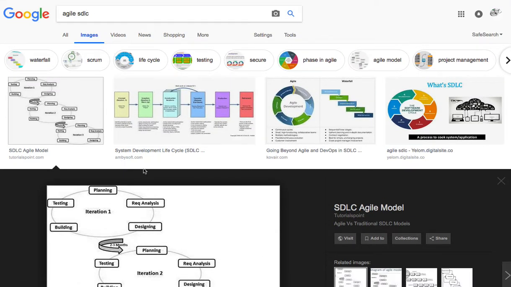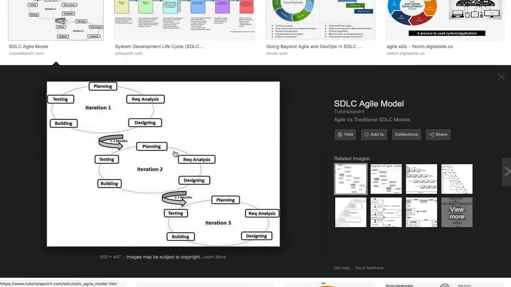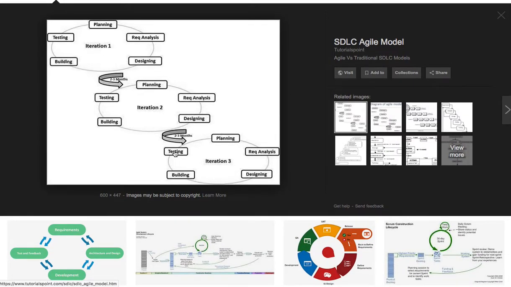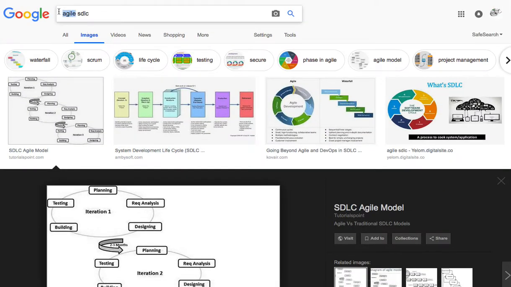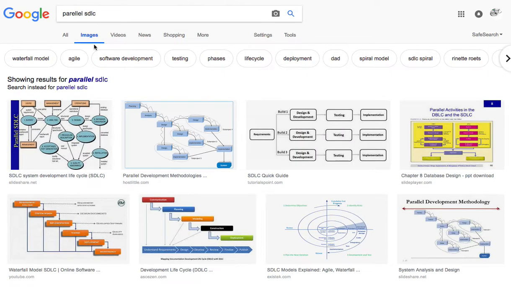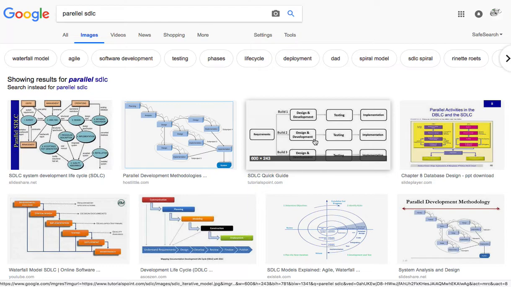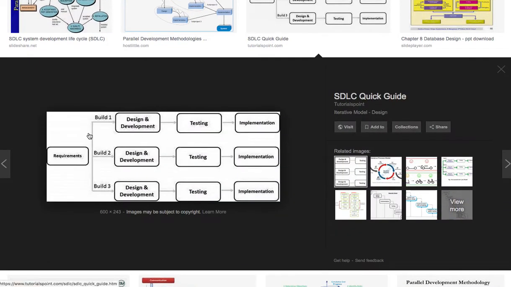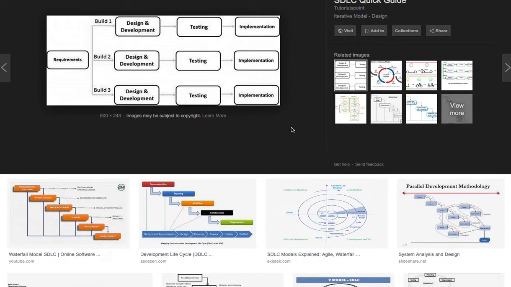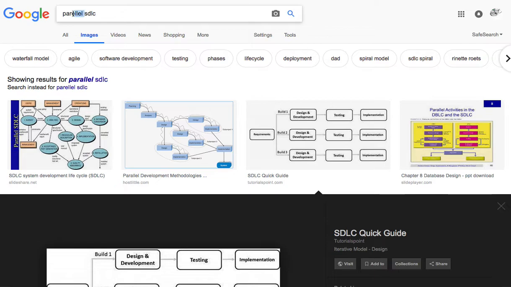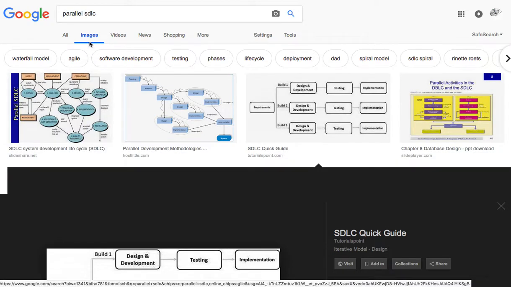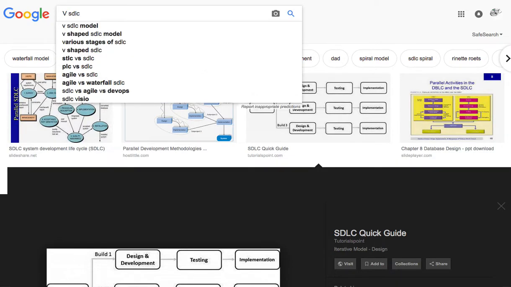Now, these are all structures designed for different types of things. What if you have a parallel team? What if you have a parallel path of some sort? And you have multiple builds at the same time. You can have builds going on at the exact same time, multiple teams talking back and forth to each other. You could also have